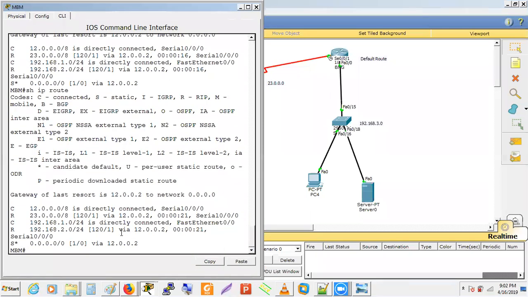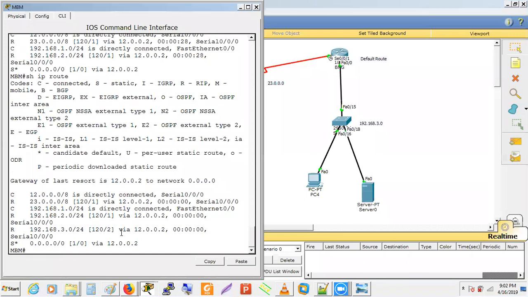180 to 160 at 3.0. It takes 30 seconds actually to convey these details. After 30 seconds, means half a minute, we got this update: 180 to 160 at 3.0 is now available via